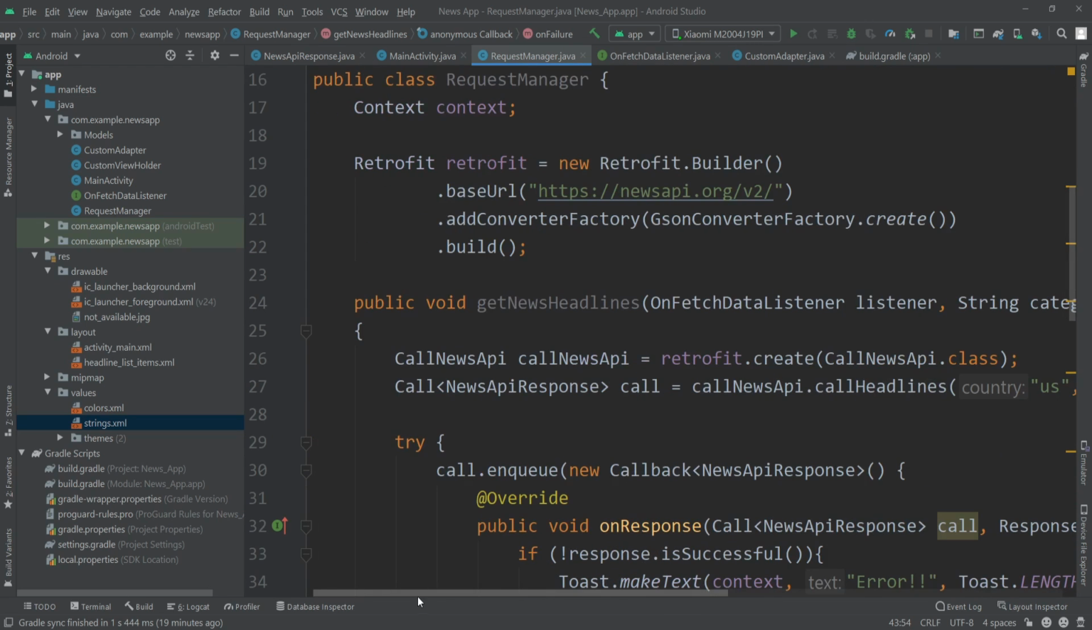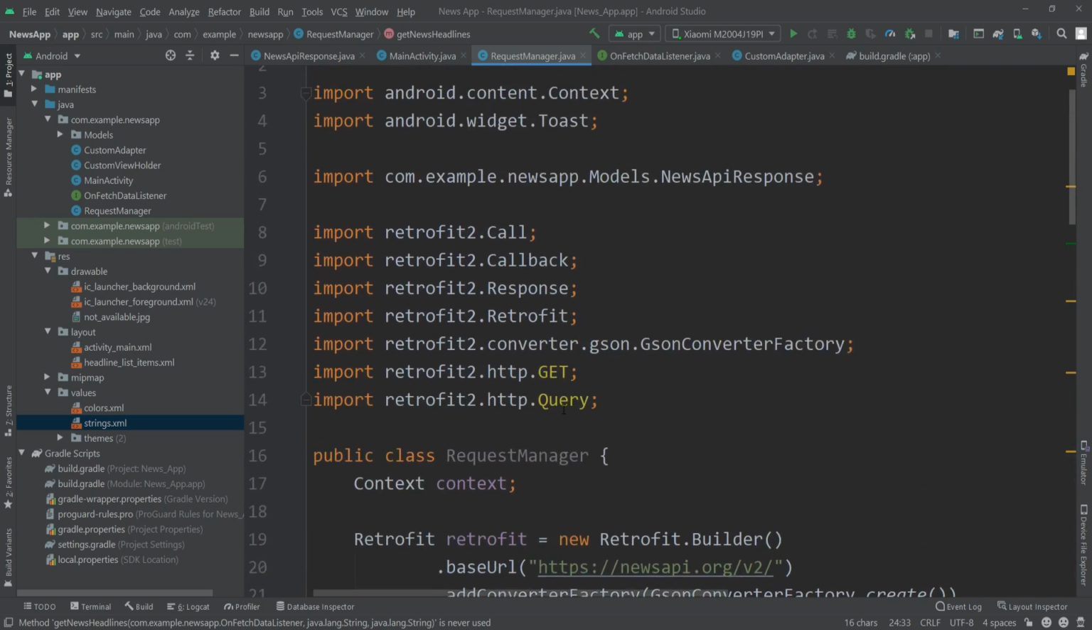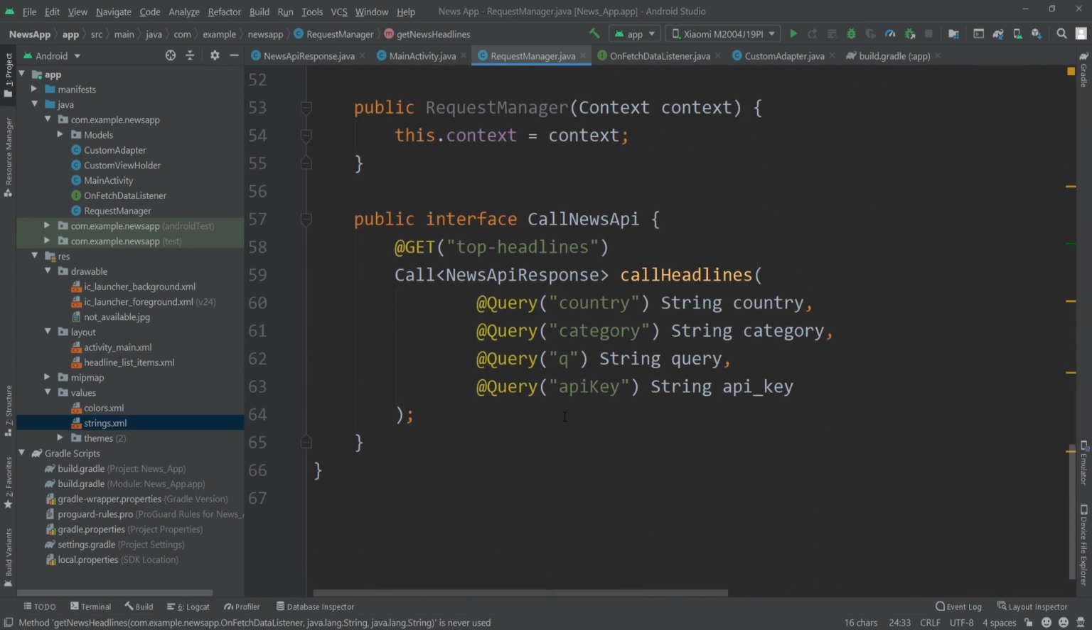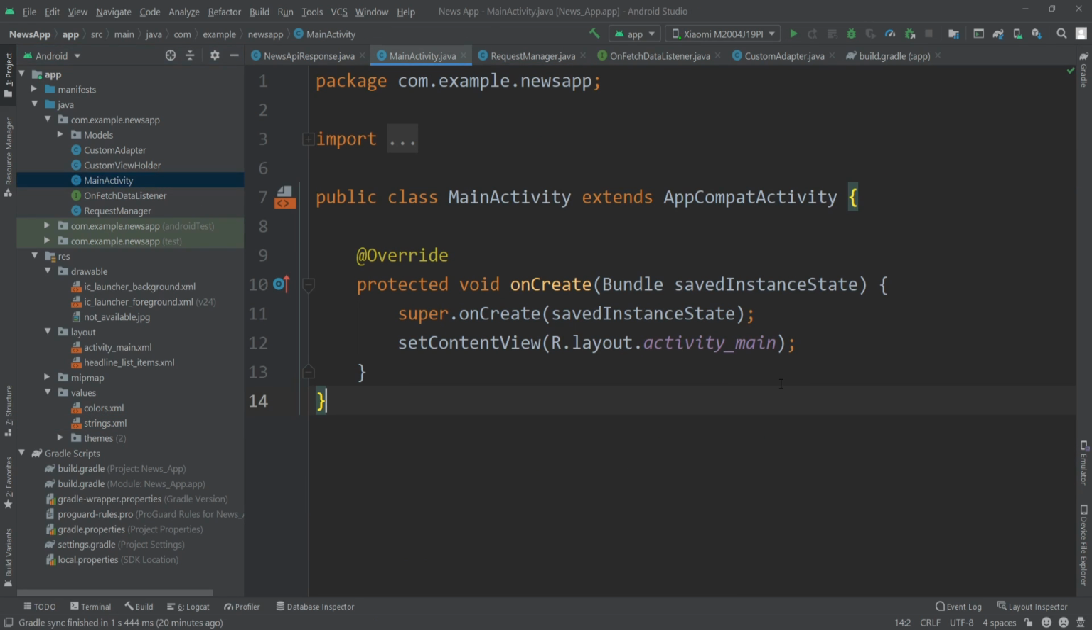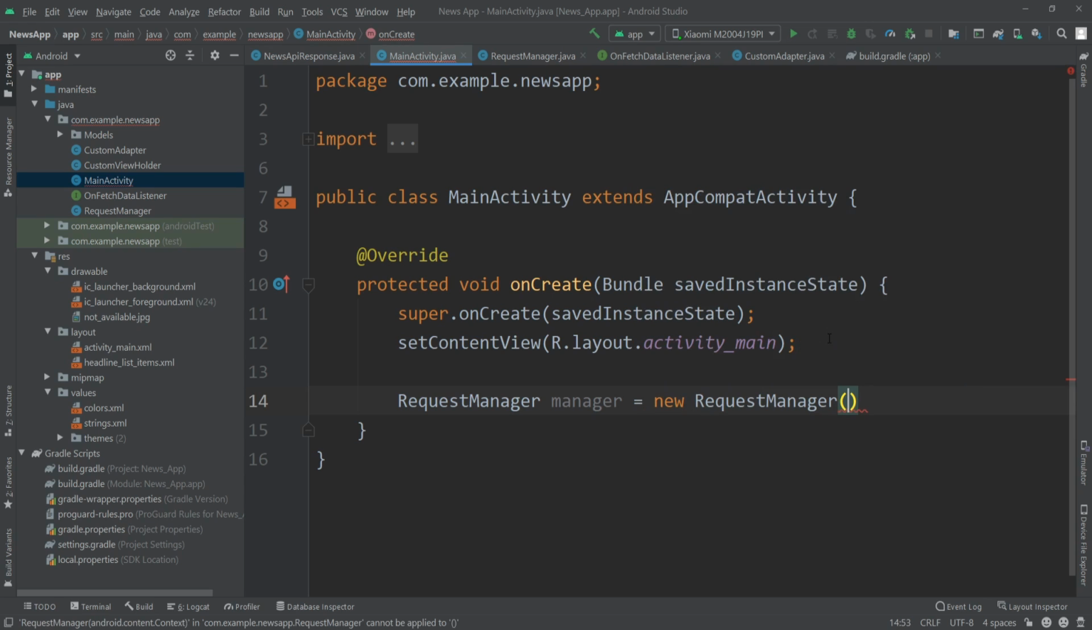Now we have to call this get news headlines method from the main activity to get the API response. Alright, so now let's quickly go to the main activity here, and I'll go into the onCreate method, and here I'll create the request manager class object. So I'll call this manager equals new request manager, and here we need to pass the context. So I'll write this,